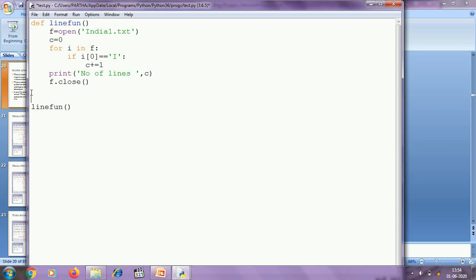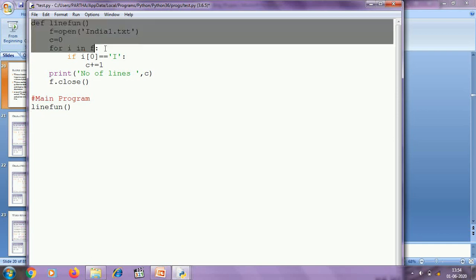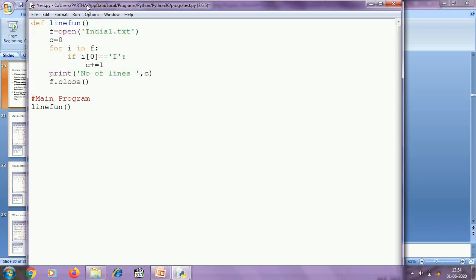This is the main program, from where I am calling the function line_fun. This is the function definition. Inside the function I am opening the file india1.txt, then this is the variable to count, then I am fetching the lines one by one from the file india1.txt.